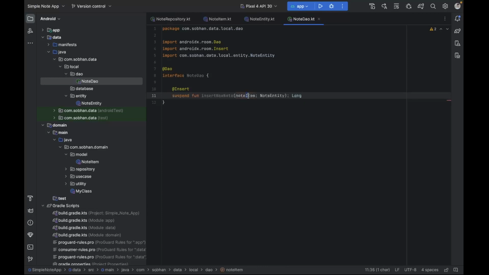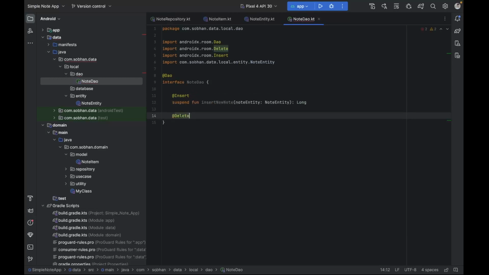Okay, so let me just change the name of this input. This way, I think, is better. It's up to you. And if you want to delete some data from our tables, we can do the same using the delete annotation and delete notes